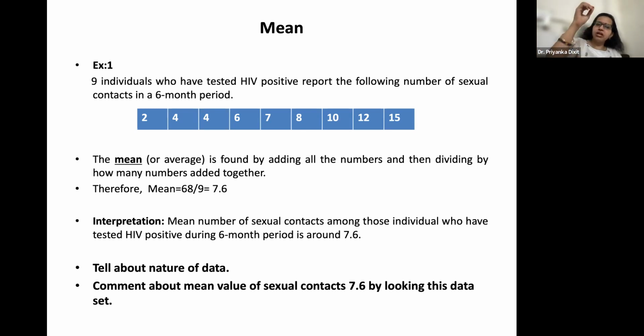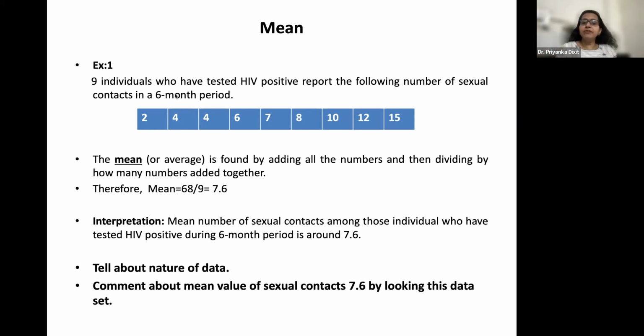Xi is nothing but the values of the different people. So x1 is 2, x2 is 4, x3 is 4. These are the x values. I'm going to add all these values, 2 plus 4 plus 4 plus 6 plus 7 up to 15,